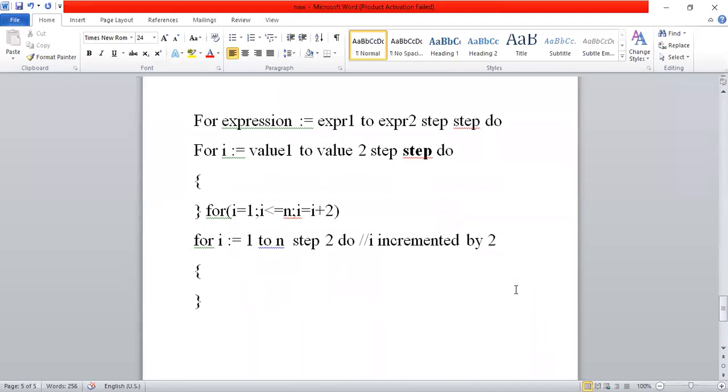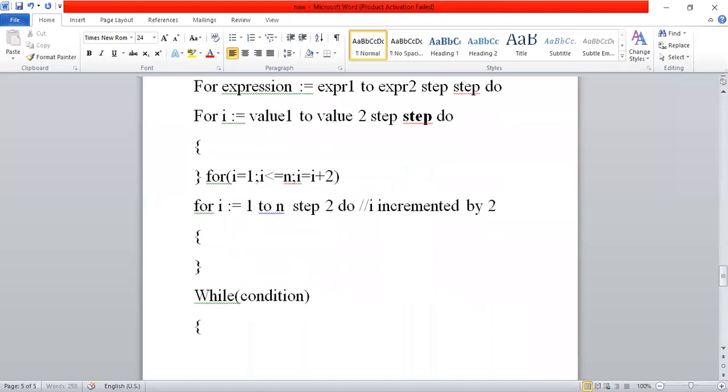While and repeat until are same. While condition. How can we write? While condition or expression, while condition, execute all the following statements. If condition is true, then whatever the statements you included in open and close curly brace, the compiler executes. This is compound statement because all the statements are included within open and close curly brace.